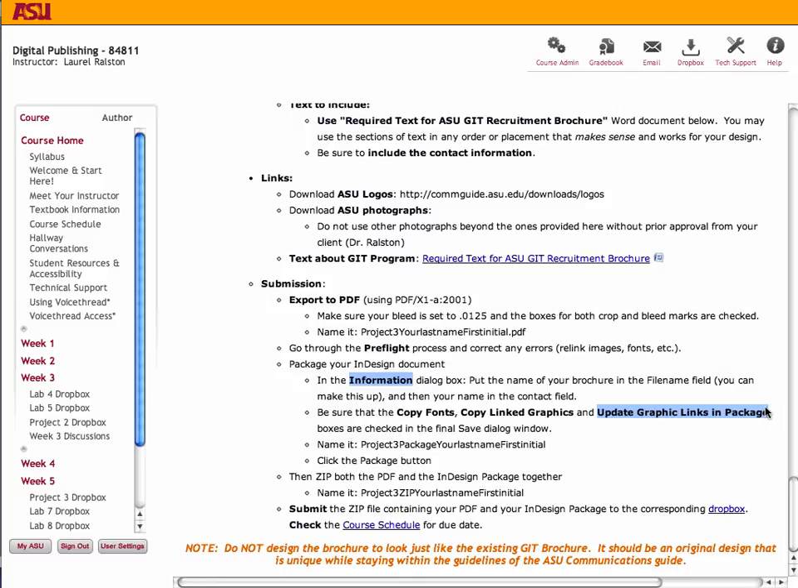I'm not exactly sure of the due date by looking at this. Well, before I get to that, I really want to point this out. Every semester, at least on my face-to-face classes, somebody downloads the brochure off the GIT website, the ASU website, and their brochure looks suspiciously like the brochure that's online. I don't want that. I don't want it to look exactly like that. It's going to have probably some photos in common. Obviously, it's going to look somewhat like it because of the design guidelines,